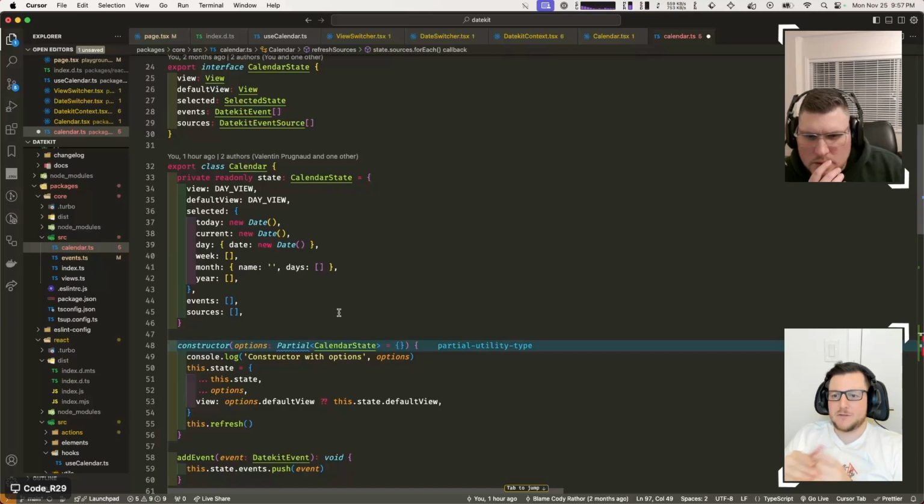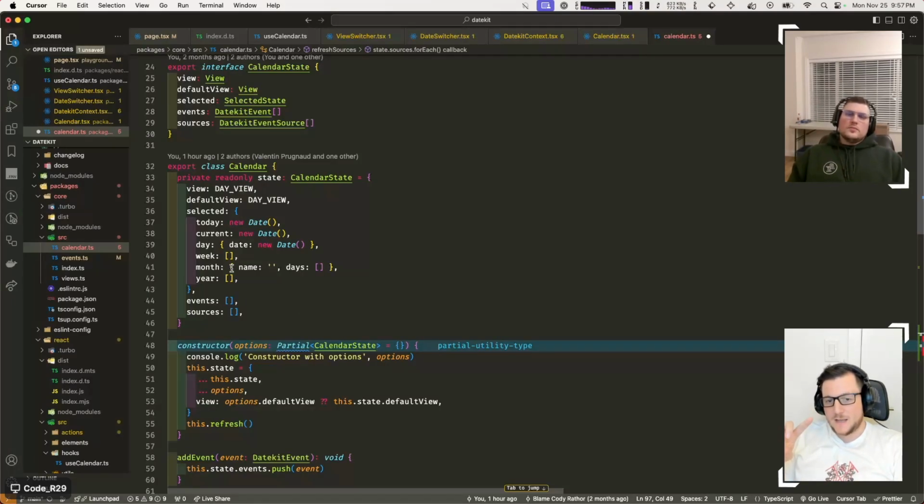right? But if you're in day view, your current is basically the beginning of the day and the end of the day. If you're in week view, then you need to fetch the first date in that array and the last date in that array. Month view is the same thing, but you need to fetch that from the days array. Yeah. But then for the year, it's even more tricky because you have to fetch that from the first object month and their first days. Yeah, but hold on though,